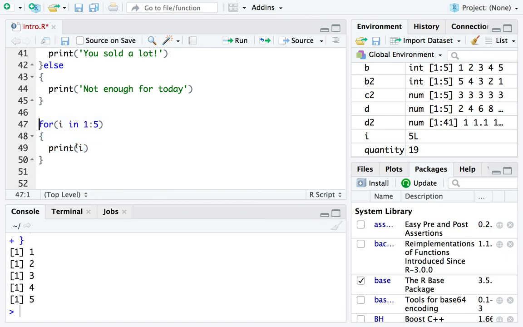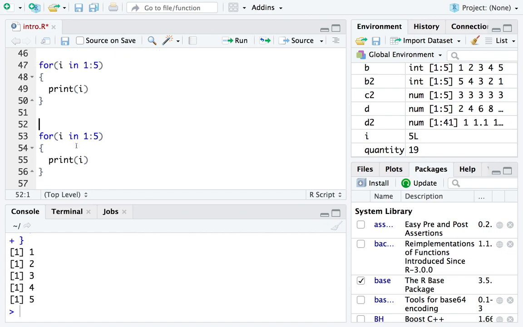Now, if I were to change the vector up a little bit, we have a vector A, right? Yes, excellent. We already predefined a vector called A that has the values 45, 2, -8, 10, and 1. Instead of for i in 1:5, I do for i in A. Again, A is a vector, so i will simply iterate through every value of A. There are 5 values in A, therefore the for loop will run 5 times, and each time it runs, i will take on a different value in A. Right? So now if I run this,